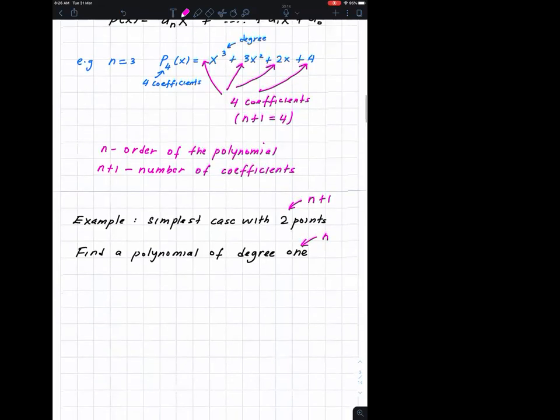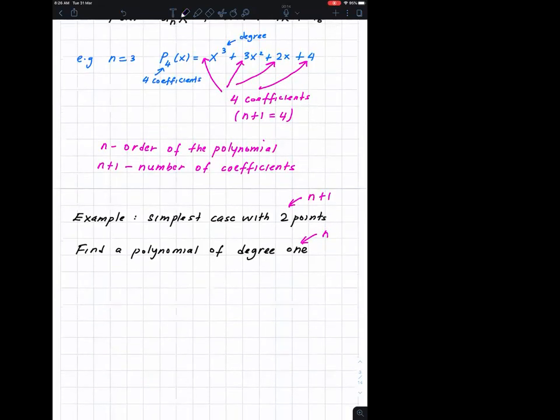Find a polynomial of degree 1. Of course, there are only 2 points given, so the polynomial that you're going to find will have only a degree of 1. Find a polynomial of degree 1 such that